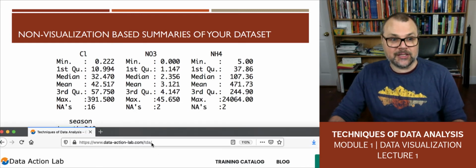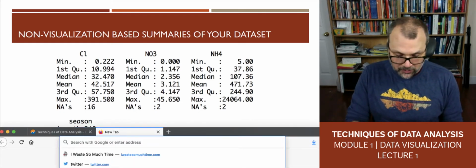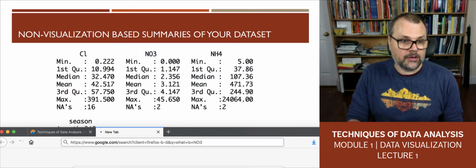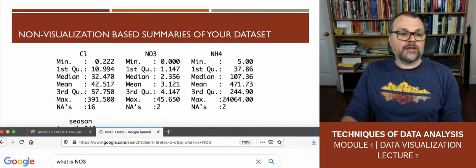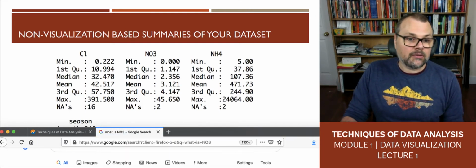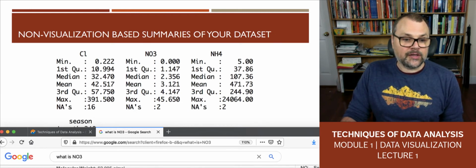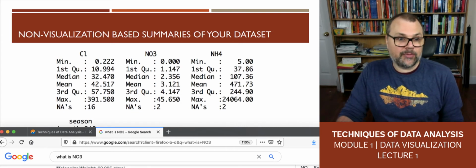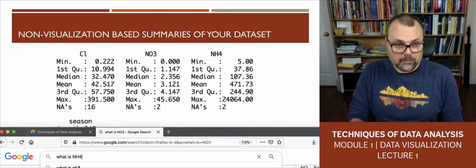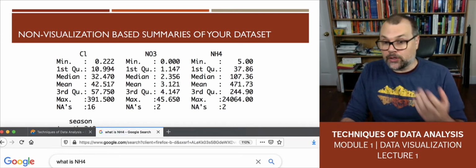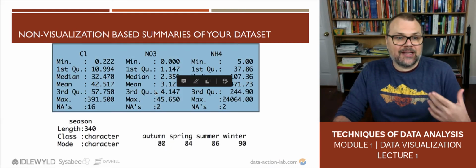And you can't see this because I'm not sharing my screen, but so what is NO3? And NO3 is nitrate something. It's a series of nitrates. Okay, so nitrate is a thing. It's a chemical compound. What about NH4? That's ammonia. Okay, so now I'm getting a sense that these are